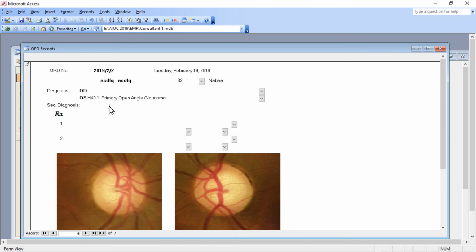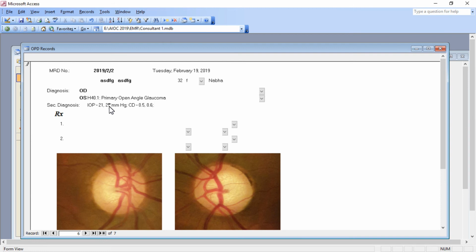So sometimes you have to remember these ICD-10 codes, but you can even use that drop-down menu. But with time, when you are using this EMR regularly, you will see that these drop-down menus are a bit like they waste time actually. When you start remembering these codes, the thing becomes a lot easier.